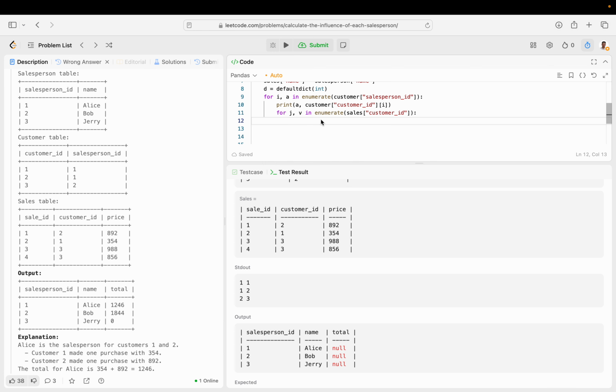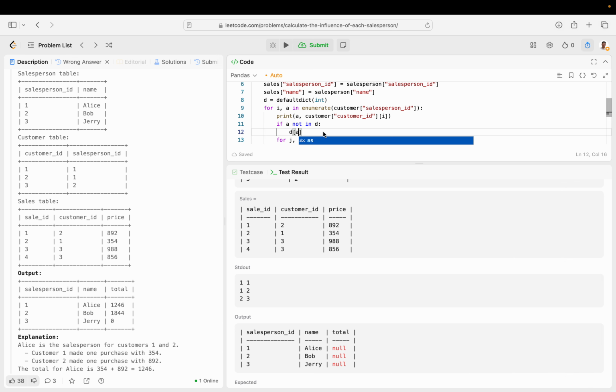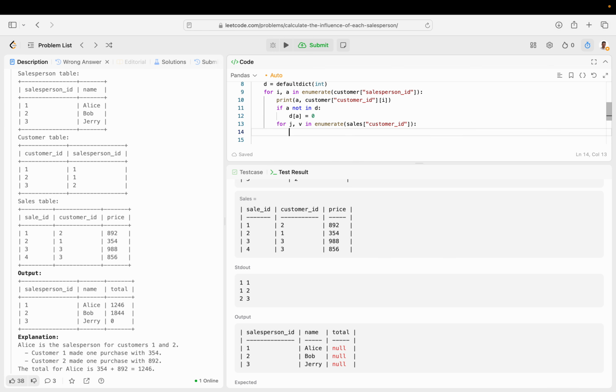For each salesperson, what we're going to do is say for Alice, because we only care about the salesperson, if A is not in D, then D of A is 0, so she hasn't made any money yet. Otherwise,